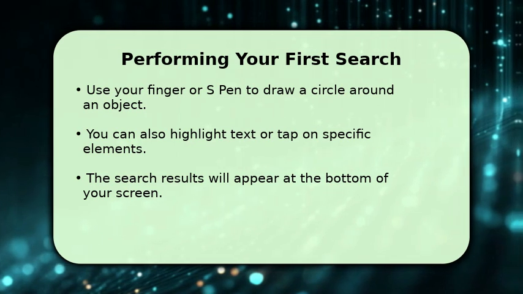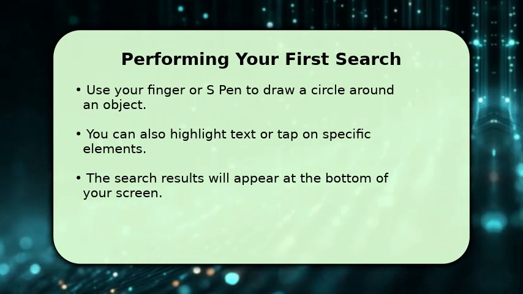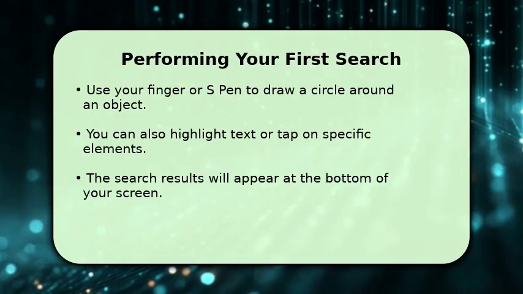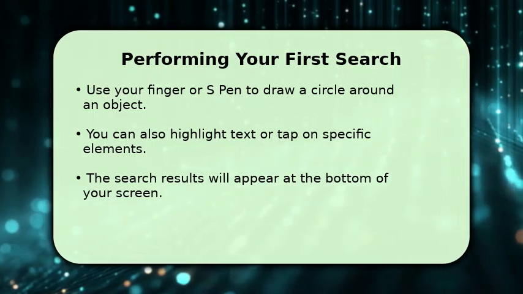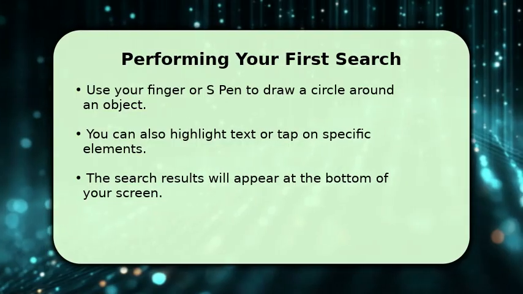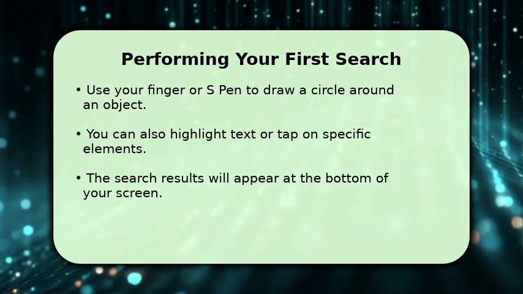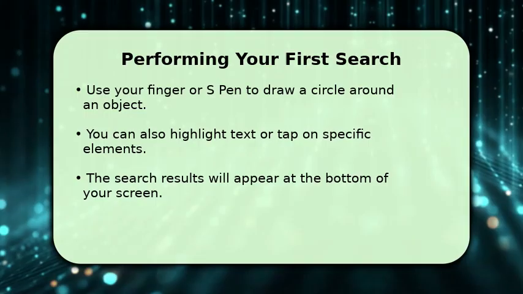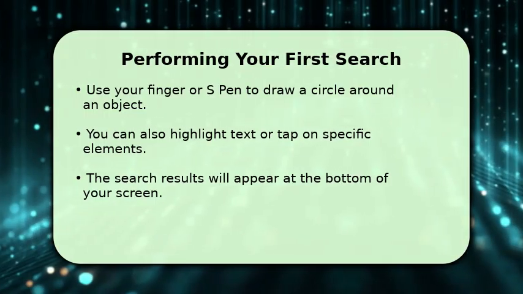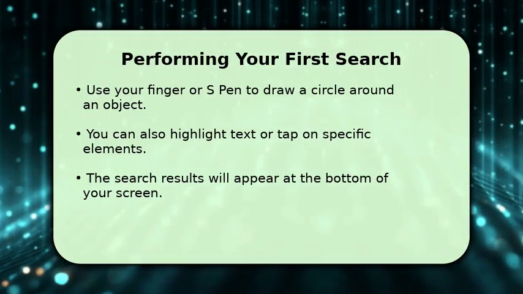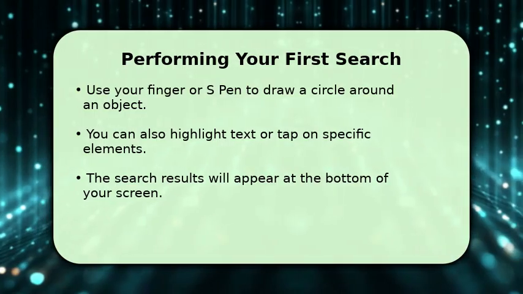Once Circle to Search is active, performing a search is straightforward. Simply use your finger or S Pen to draw a circle around any object, image, or text on your screen that you want to learn more about. You can also highlight a section of text or tap on a specific element. Almost instantly, relevant search results will pop up at the bottom of your display, providing you with immediate information without